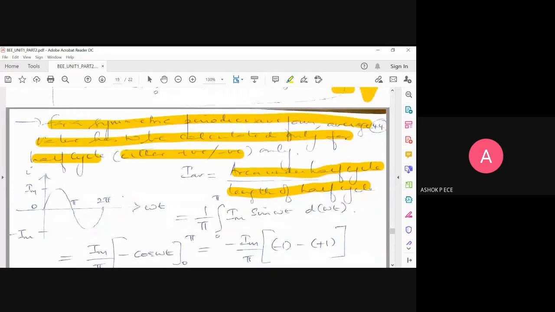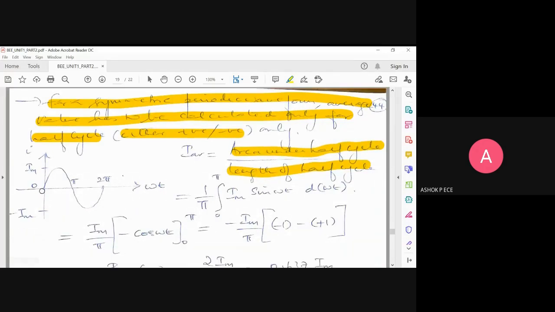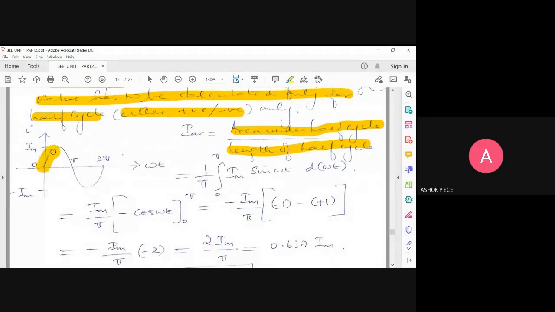Okay, is it clear now why we go for half cycle for the average value? And you know that a sine wave covers from 0 to 2 pi, right? So a sine wave always runs from 0 to 2 pi. So for finding the average value, we'll find it only from 0 to pi for the positive half. If we are finding the average for the negative half, we'll do it from pi to 2 pi. We will not do both and add because you know the answer. When you do both and add, it's going to be 0. So we'll be finding the average value for the positive half cycle.